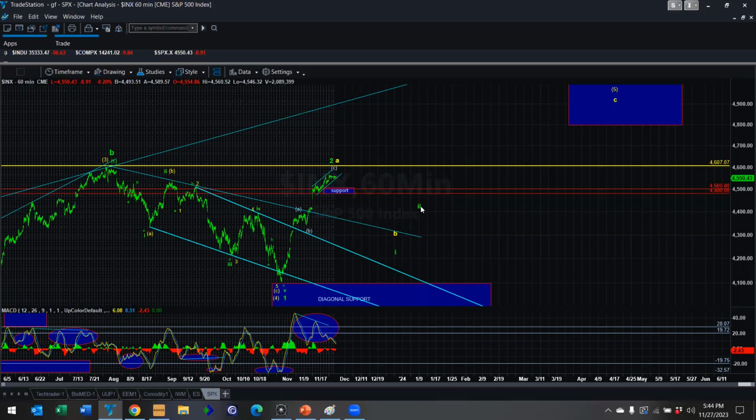Because third waves in a C wave are known as crash waves. To give you an example, the financial crisis of 2007 to 2009 was a C wave decline of an ABC corrective structure. The COVID crash was a C wave in an ABC structure. The flash crash, for those of you that remember it, was a C wave. C waves are known in larger degree context as crash waves. So that's why I call it, you're going to see a crash if that's how it sets up in the